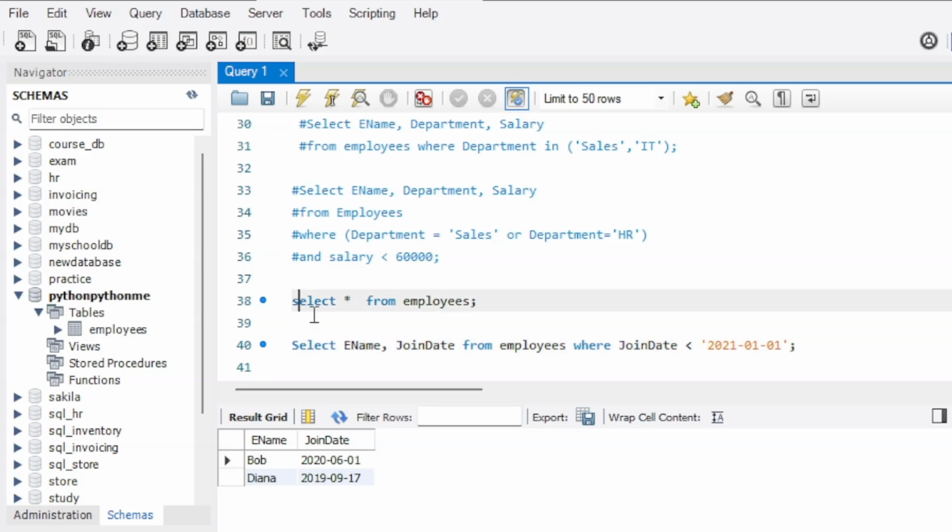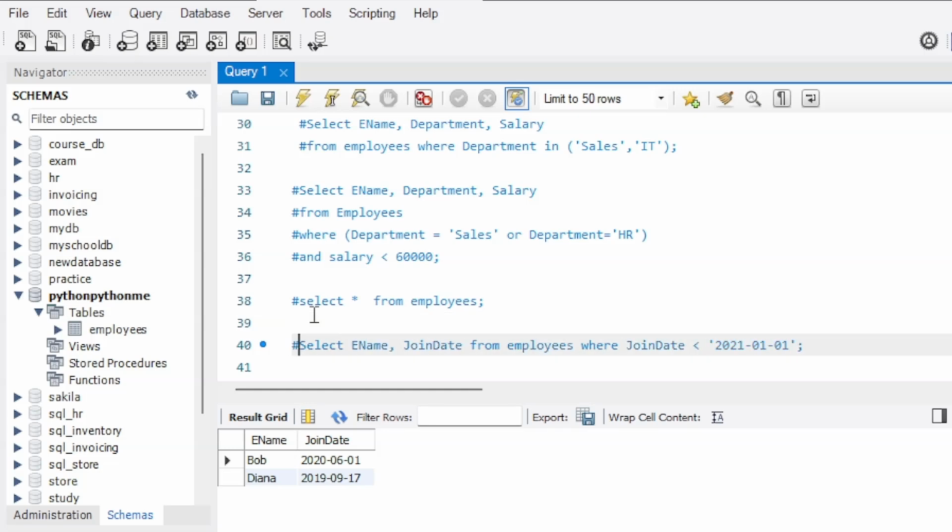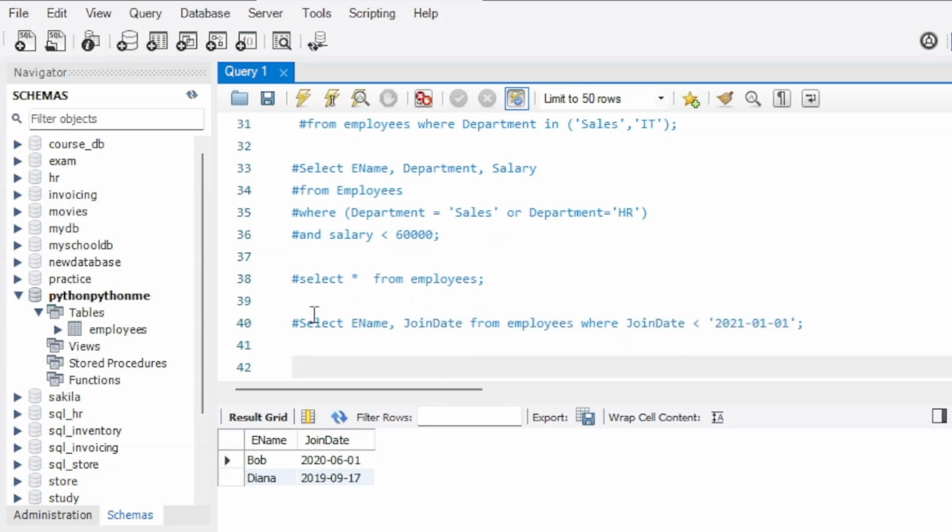We can also use the where clause in tandem with the between operator, which basically is used for ranges. Let's say we would like to get hold of all the employees where the salary is between the range of 60,000 and 80,000. So we can go ahead and write select ename, salary from the table employees,